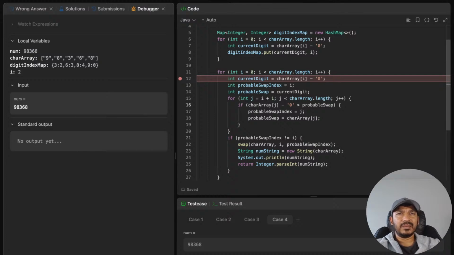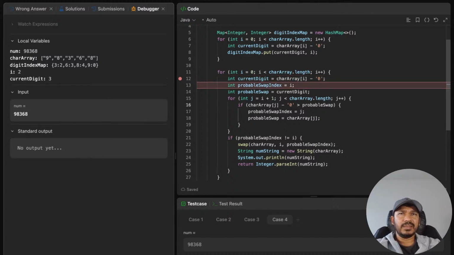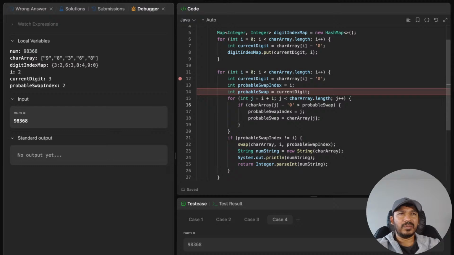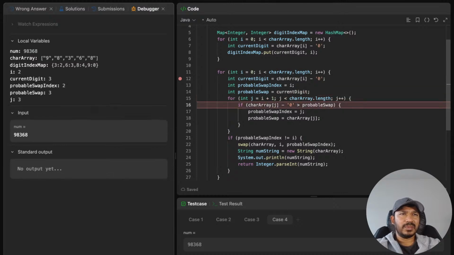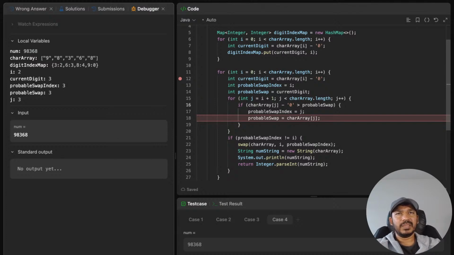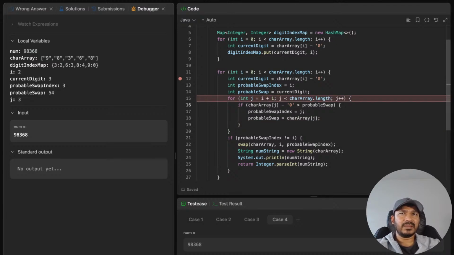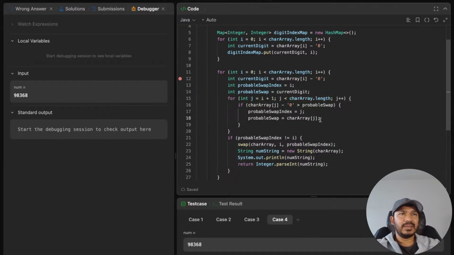And next element here, current digit is 3. Now there should be a probable swap. Probable swap is okay. It is greater than the next element. So probable swap index became 3. And then probable swap is 6. Probable swap is equal to char array of j. So that should be okay,